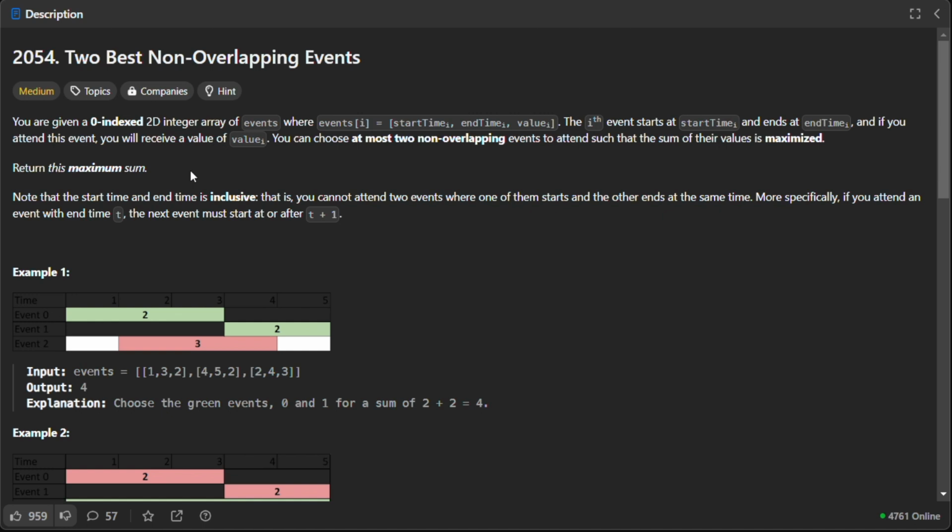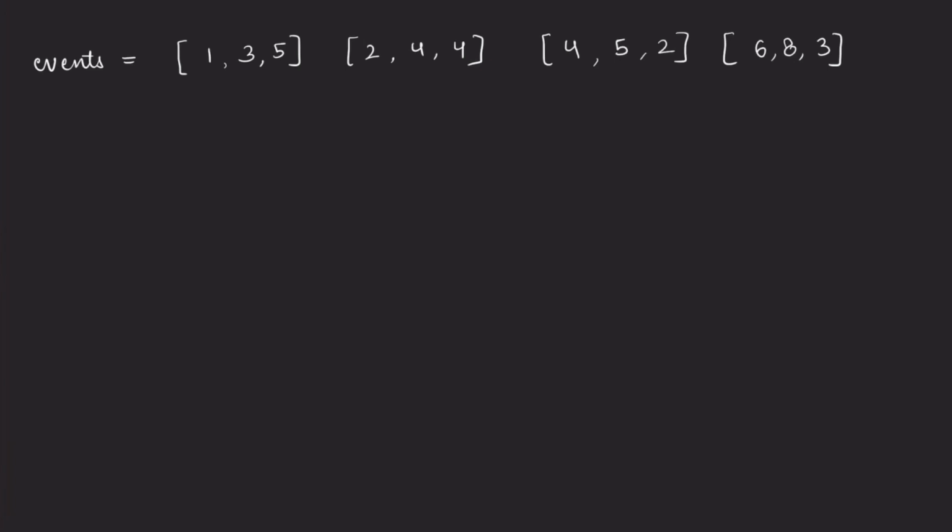Return this maximum sum. Note that the start time and the end time are inclusive, that is, you cannot attend two events where one of them starts and the other one ends at the same time. More specifically, if you attend an event with end time t, the next event must start at or after t plus 1. So what they are saying is that in the input, we are given an integer array which is